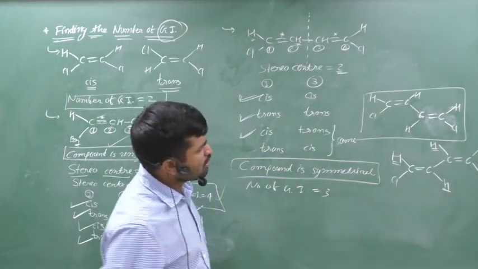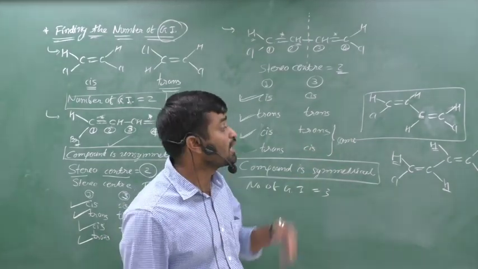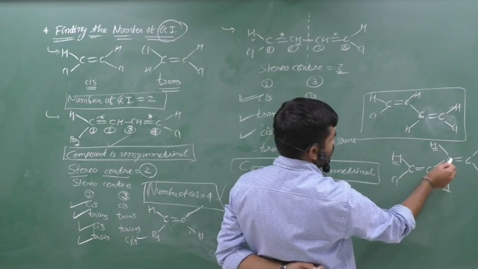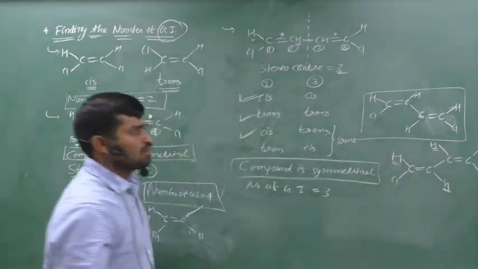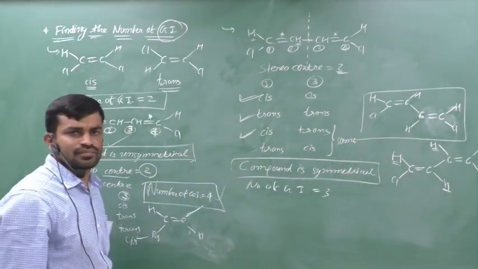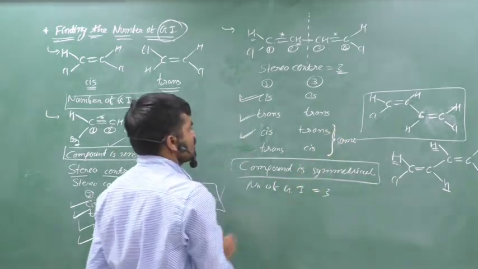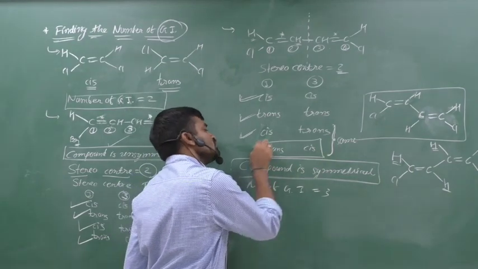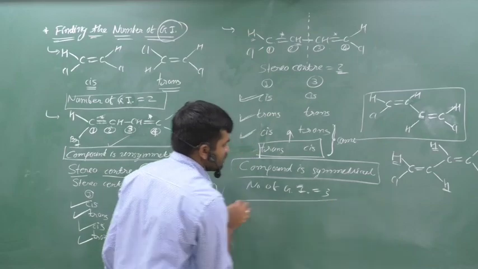Now if you think about these two compounds, they are equal, same, or identical because H, Cl, Cl double bond, H, C, Cl. Therefore, you can say that both compounds are the same. Geometry is the same. Therefore, these two compounds are the same. So if you think about this possibility, it is like that. Therefore, the number of geometrical isomers is equal to 3.